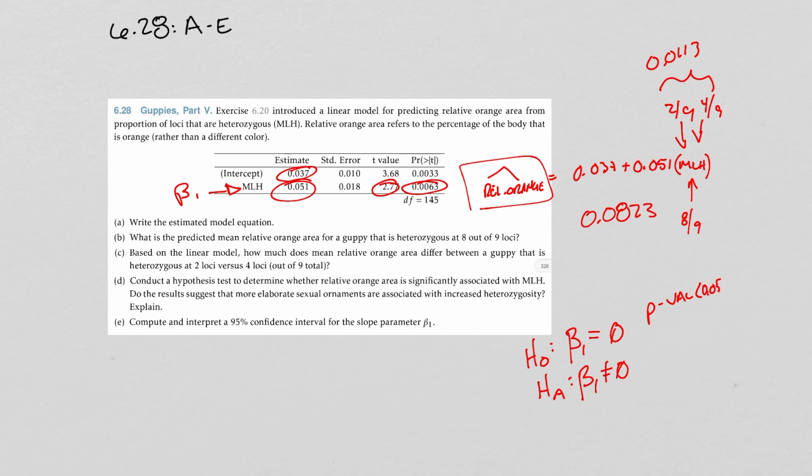So in that case, we reject the null and go with the alternative, meaning that the slope, this number here, the MLH, this number here, is not equal to 0. And so you go with that. So MLH is a significant predictor of the relative area of orange spots. All right,